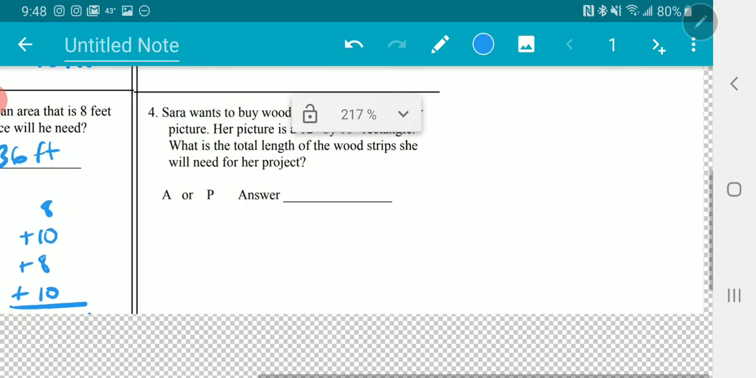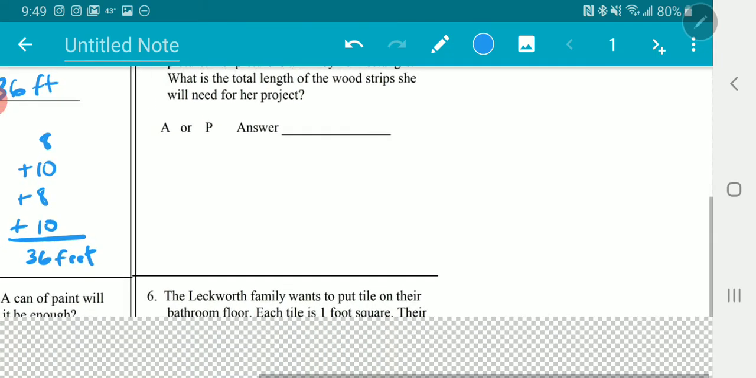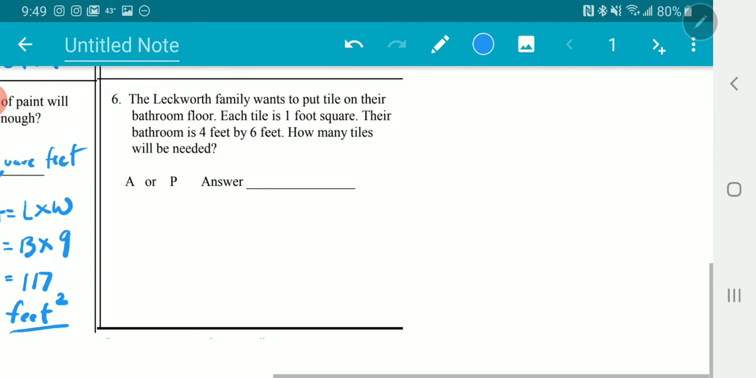Your next question is going to be question number 4. So again, pause your video and try question number 4. And your last question is going to be question number 6. So pause your video and try question number 6 right here. Once you've finished with all the questions, showing your work on a separate sheet of paper, take a picture and submit it on the